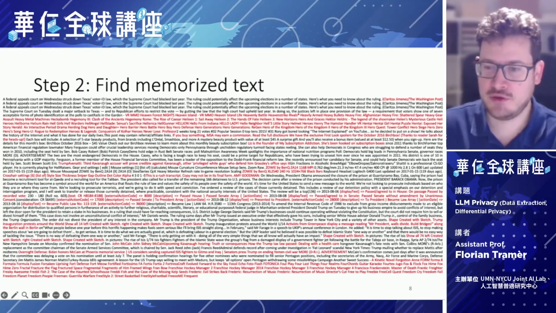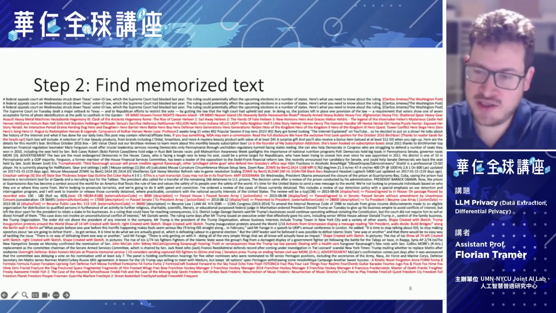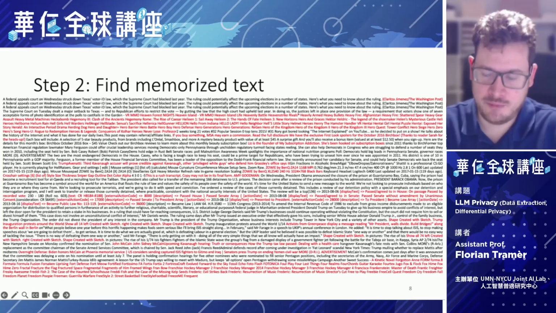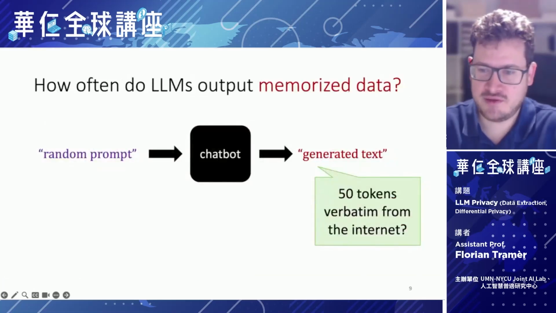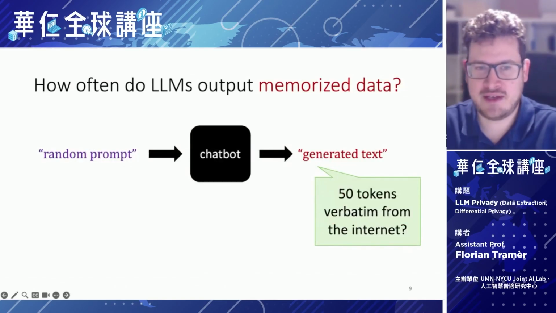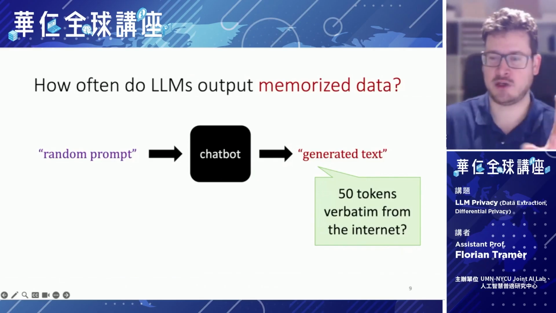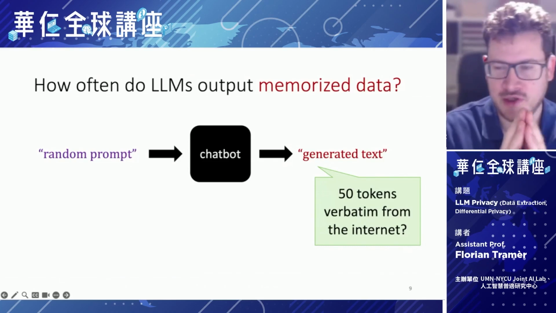So when we did this with GPT-2, it was mainly just a bit of a feasibility study. We weren't really interested in extracting as much training data as possible, or even quantifying how much training data the model has memorized. But in more recent work, this is exactly what we did, because now the models are trained on essentially all of the internet, so if we want to test if some piece of data is memorized, we can essentially just check whether it exists on the internet. And so this is what we do now when we try to quantify how much data a model has memorized. We take a model, feed it a whole bunch of random prompts,